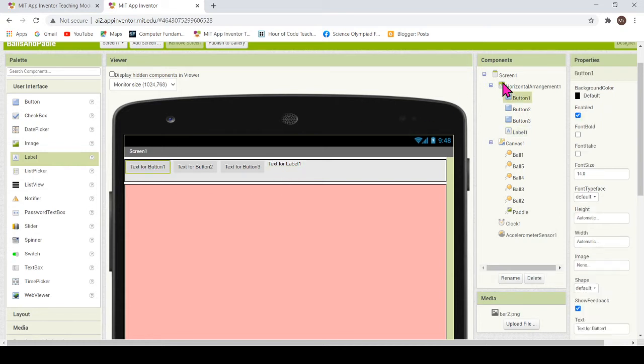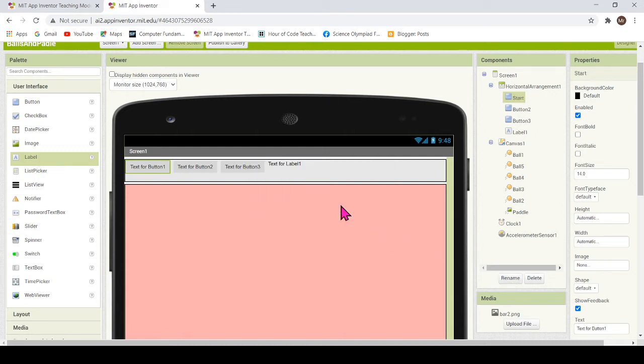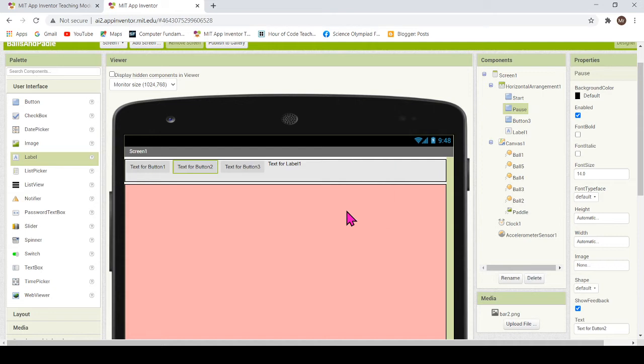Let's rename all those buttons. Button1, I will call it StartButton. And Button2, I will call it PauseButton. So whenever you press the pause button, your game will be halted for a while.